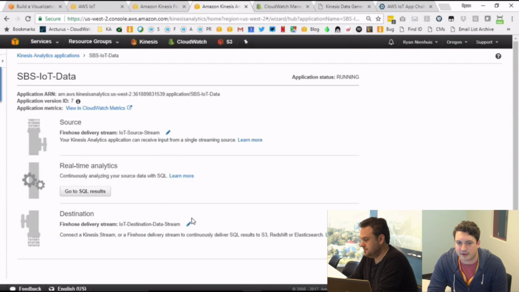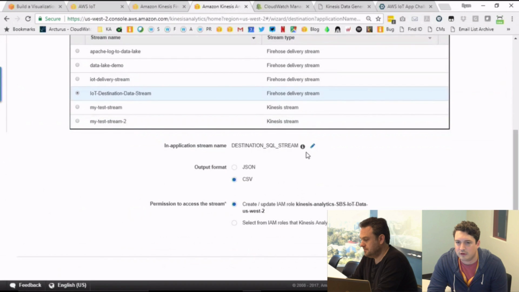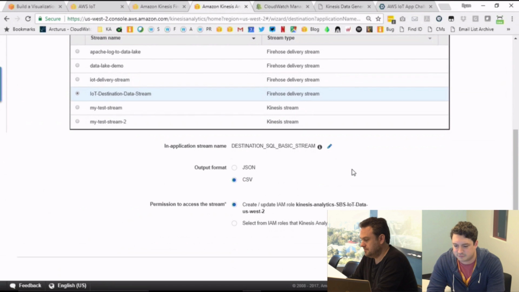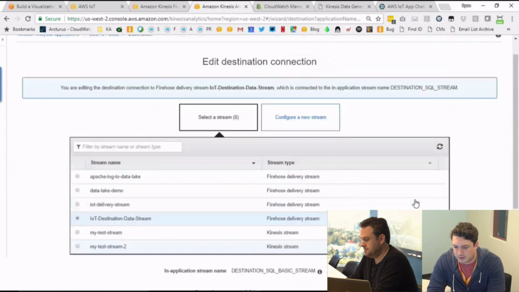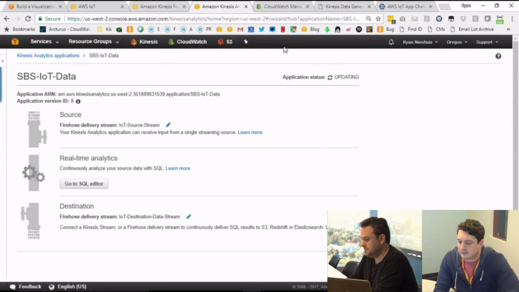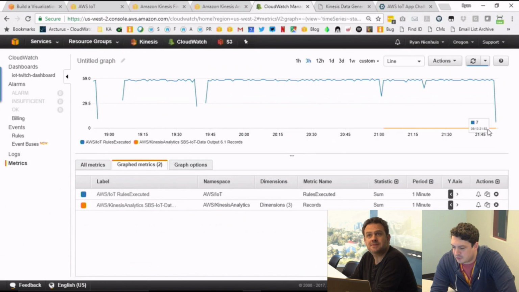I'm going to go ahead and click Edit. We're going to edit that. I'm going to go ahead and copy and paste. Click Check. And then click Save and Continue. And I'll let the application update. So as I do that, I should see in these metrics this turn from zero to